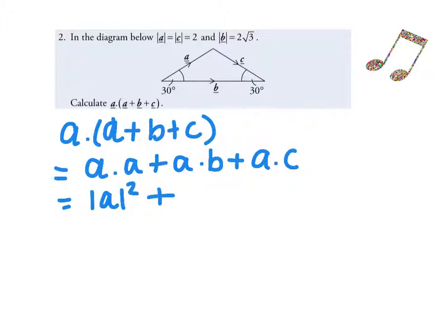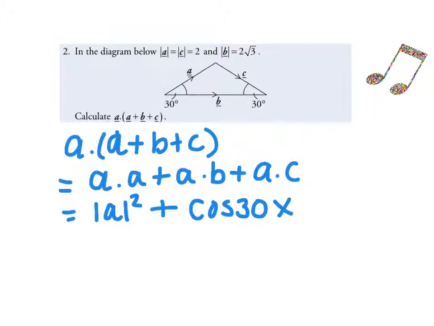A dot B, now I'm going to just quickly check the diagram. A and B, they're both coming away from this angle, so that's good. So I'm just going to use my formula. It's going to be the cosine of 30 multiplied by the magnitude of A, which is 2, multiplied by the magnitude of B, which is 2 root 3,